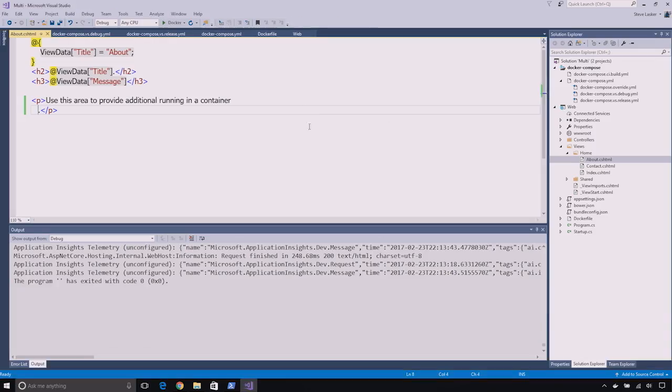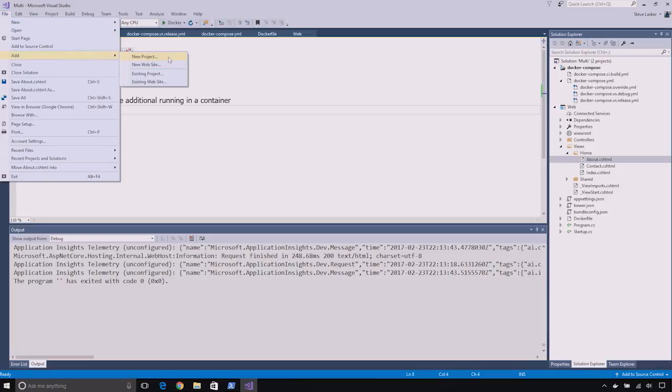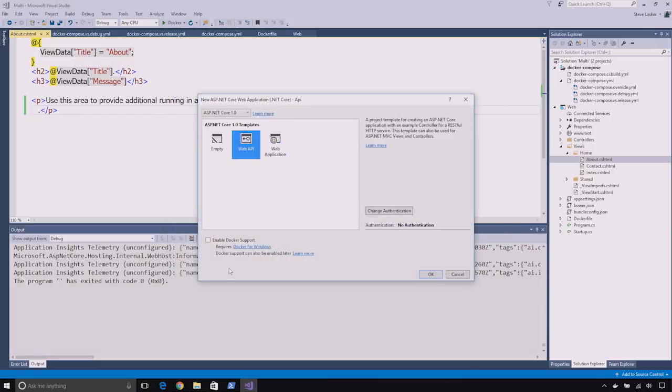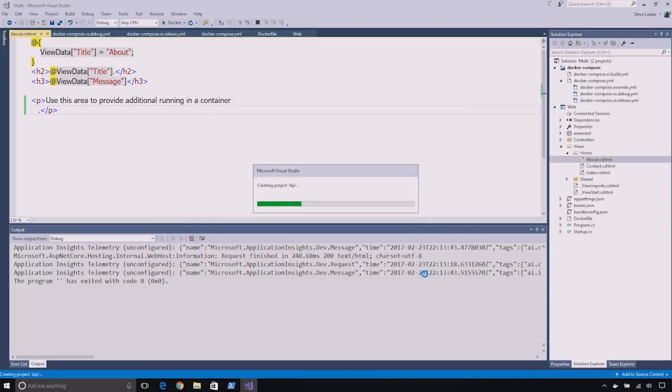Now, that's a single container, and I'll show debugging here in a minute. When I'm working with Docker, I more than likely want to do some kind of microservices-like architecture. I want to run multiple containers at the same time. So what I can do is say, add, new project. We'll again choose ASP.NET Core. I'll make this an API project. We'll make it a web API, and in this case, I'm actually going to add the Docker support on Create